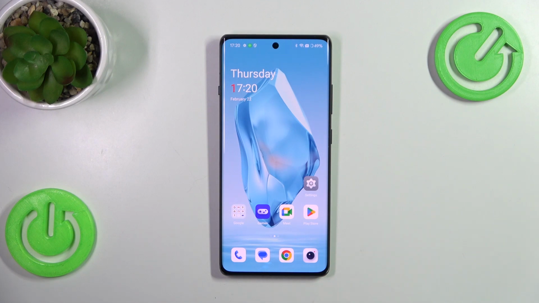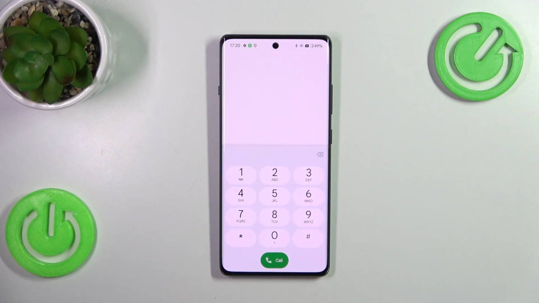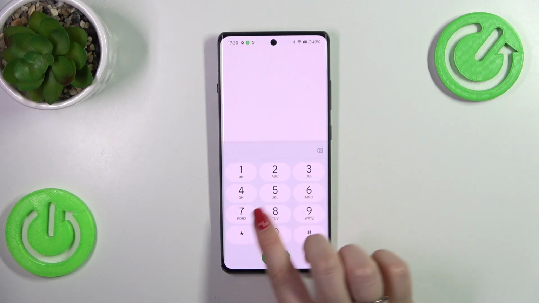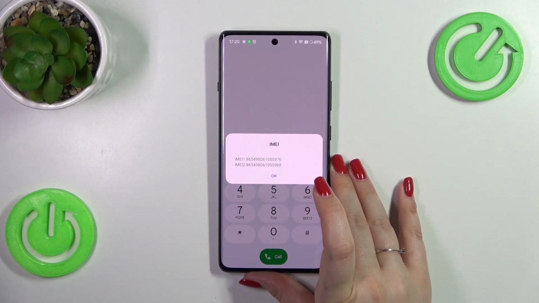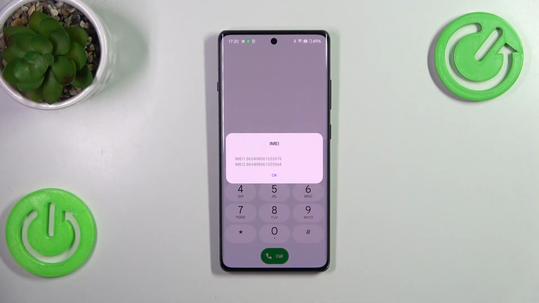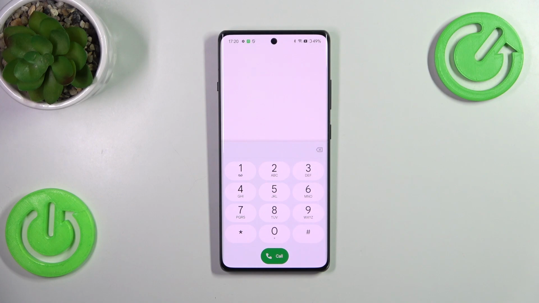Alright, so let's start with opening the dialer and let's start with the shortest codes. The first one is *#06#. And as you can see, thanks to this code we are provided with both the main numbers of this device. Let's tap on OK and let me show you another code which is actually pretty similar to the previous one. It is